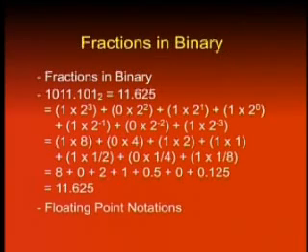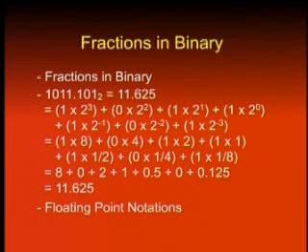Calculating the decimal equivalent of a binary number representing a fraction can easily be done by writing the expression in terms of the base value and the weights, as we have been doing. Thus, the number 1011.101 is equivalent to decimal 11.625 in the decimal number system. Let us see how. Writing the binary number 1011.101 in the form of an expression gives us 1 into 2 power 3 plus 0 into 2 power 2